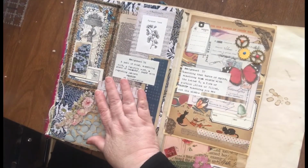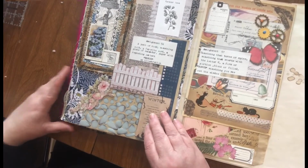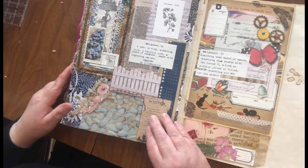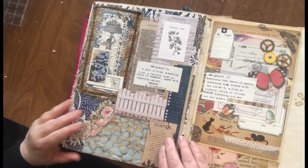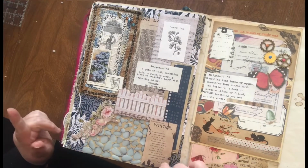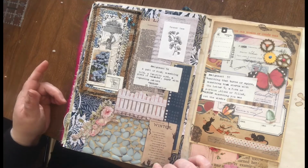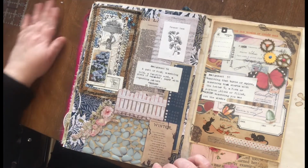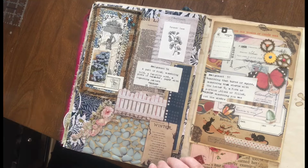This page is assignment 56. Assignment 56 is a path or a road. Something cold, a favorite word, a piece of calendar, paper with a repeating pattern, not palette, an illustration. So, the background paper,